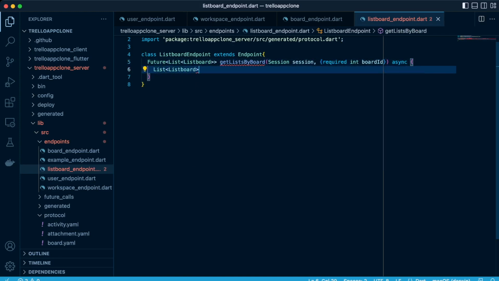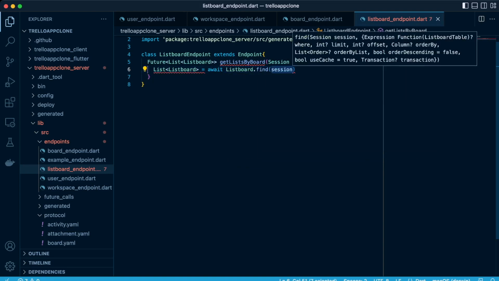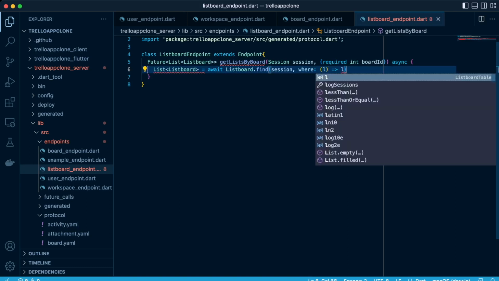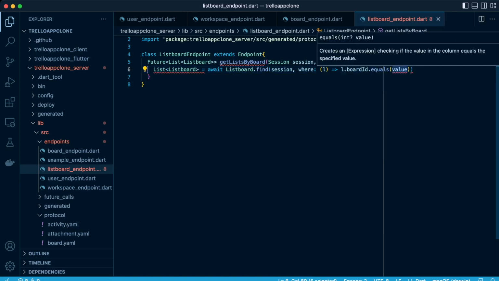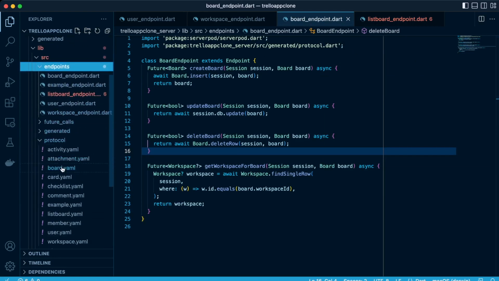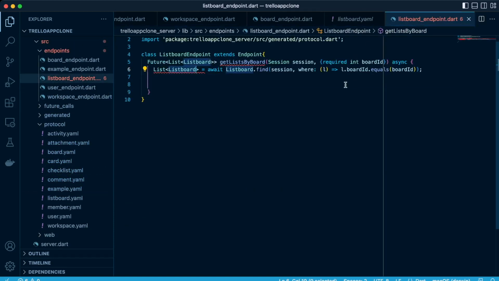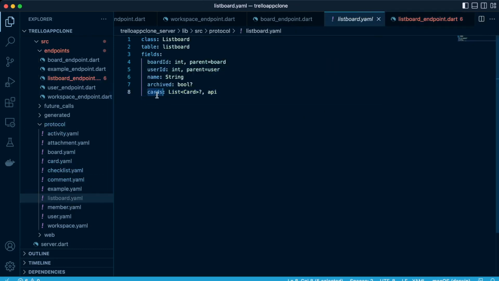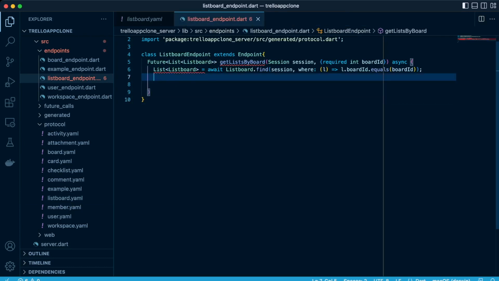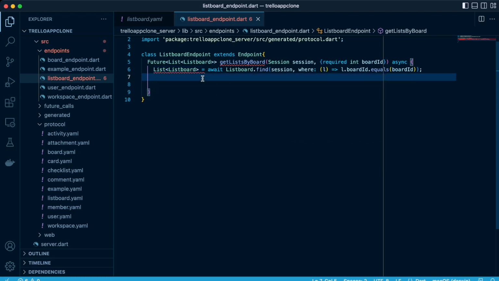Trello refers to it as a list, but here in our project we have defined it as a list board so that we do not conflict with the list data type. So then we just use the find method and check where the board ID is equal to the board ID that has been passed in the argument, and we also want to specify the cards. So we're going to run, let's see,